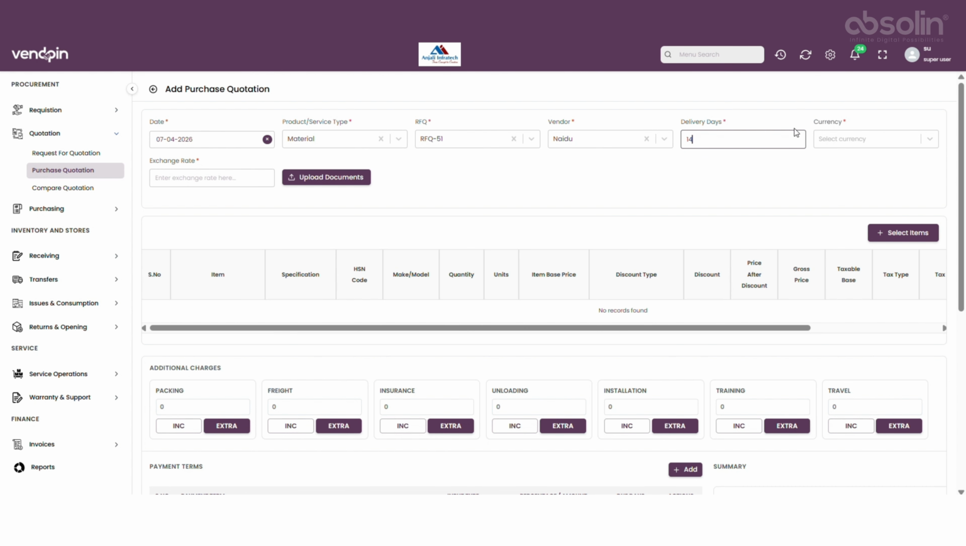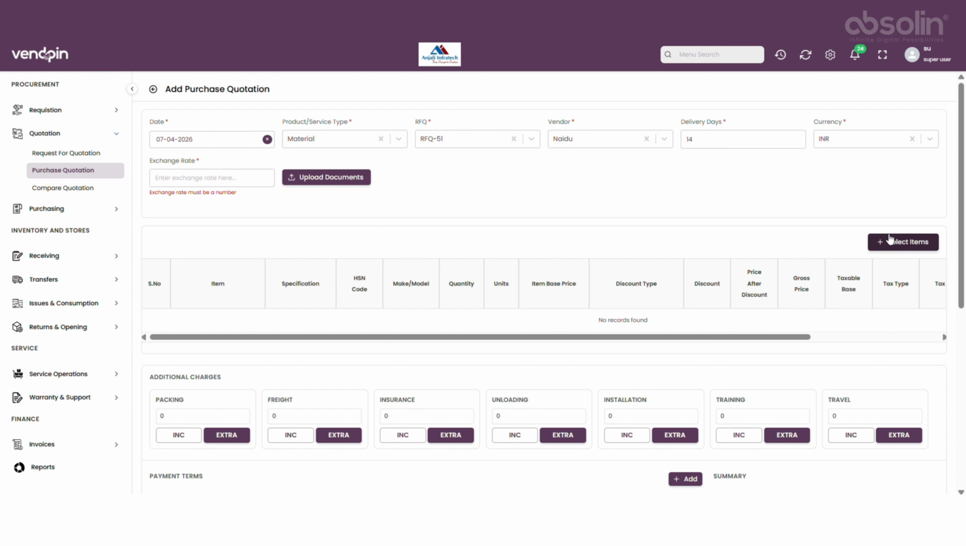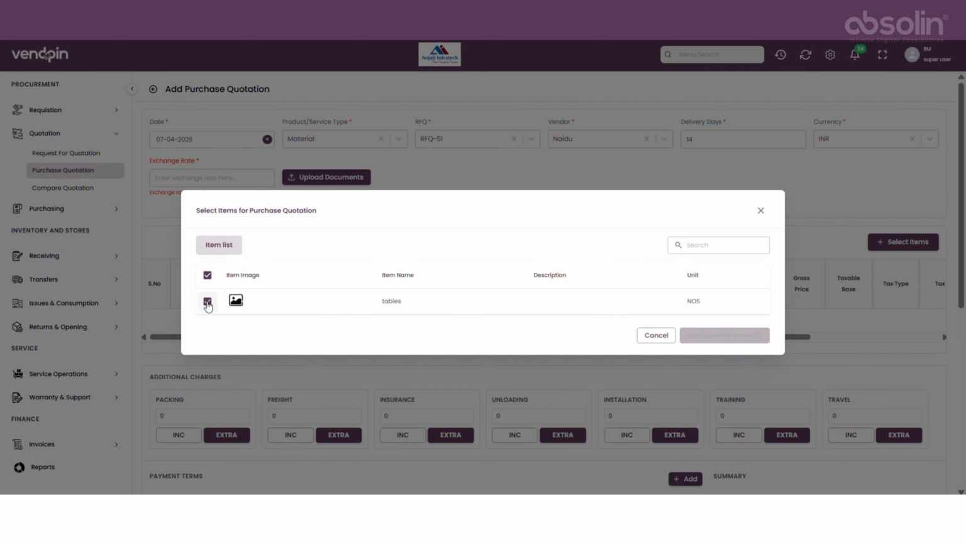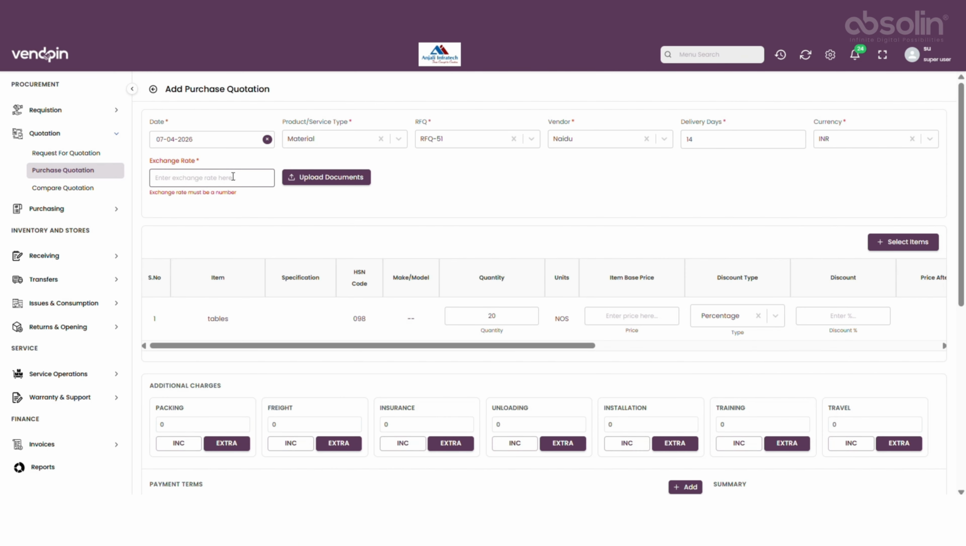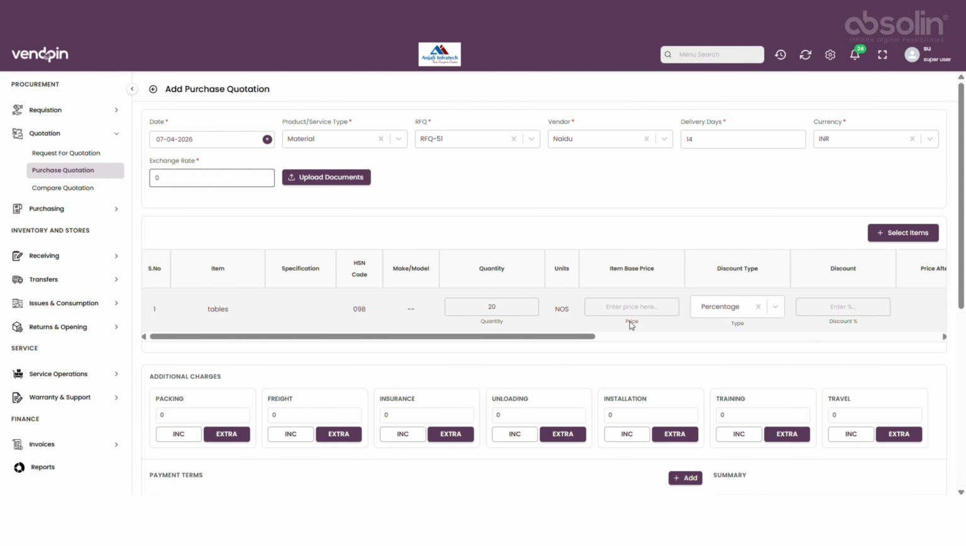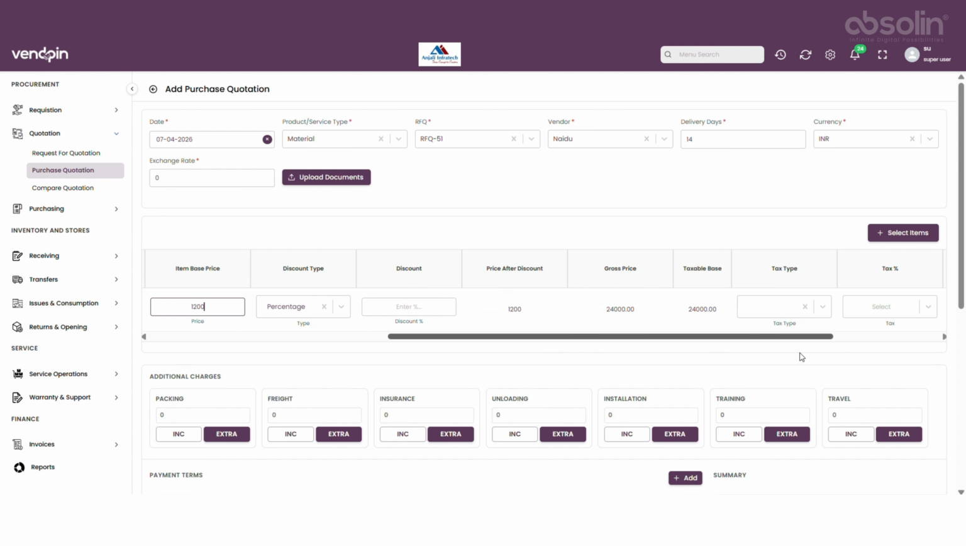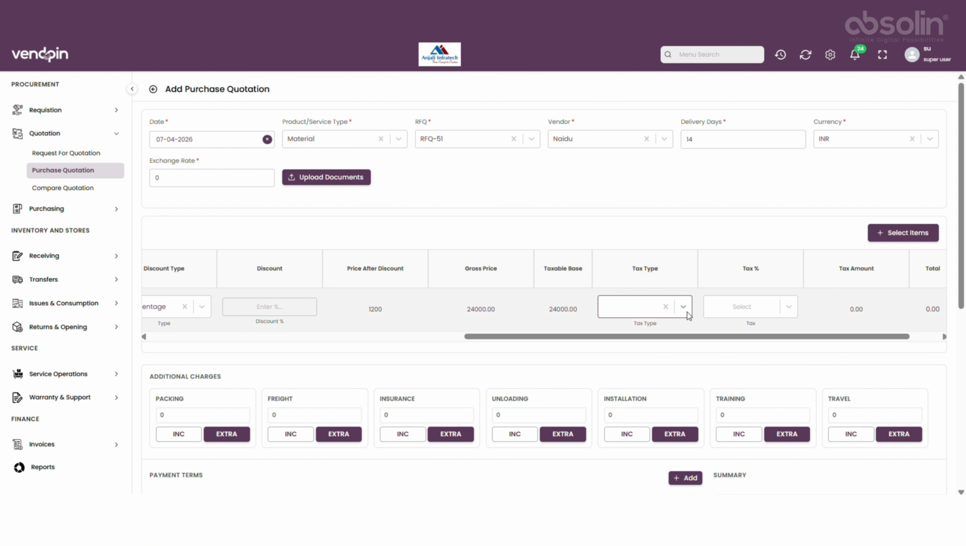it should be delivered in 14 days, currency in Indian rupees. Here we enter the price that we have inquired. Base price is 1200. There's no discount here. As you can see, the type of tax, whether it is inclusive or exclusive, tax type 5%,